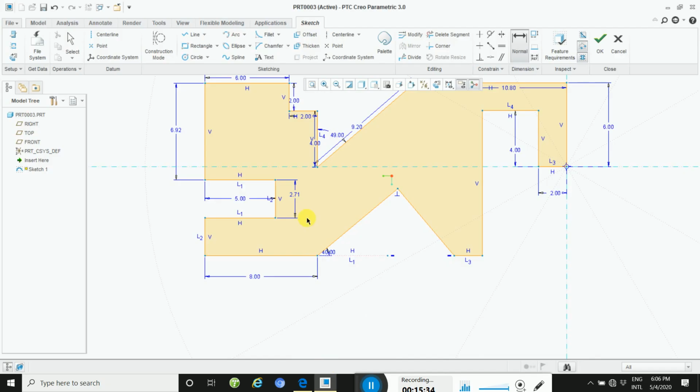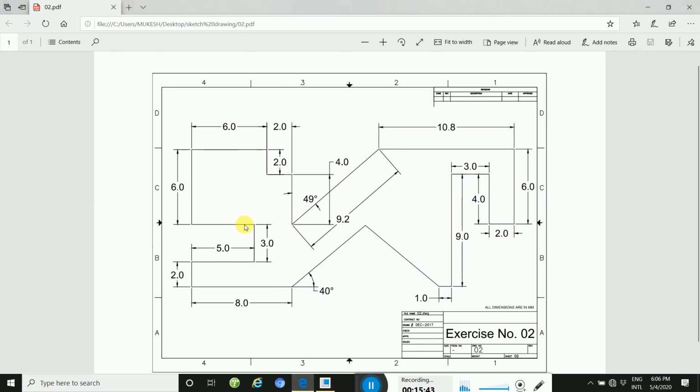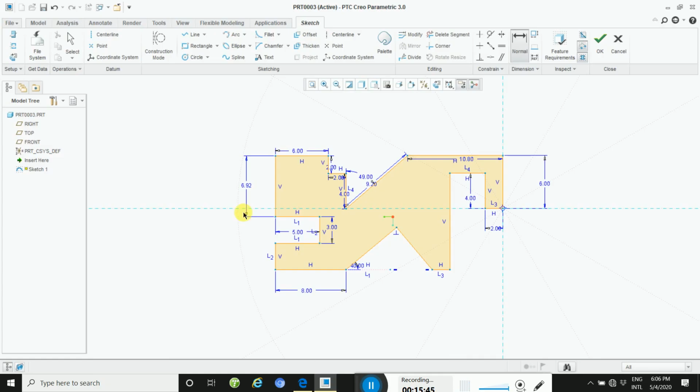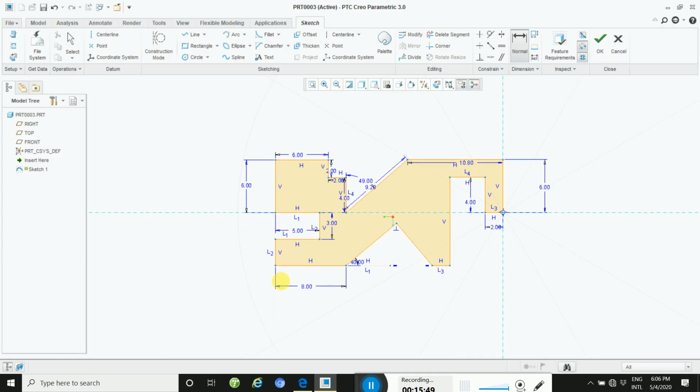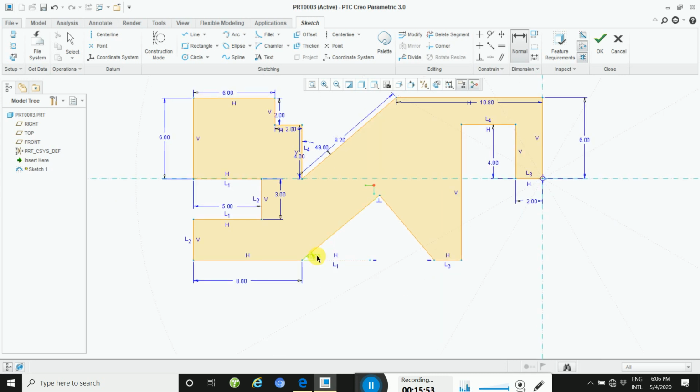This way you will define it. Double click and then 3. Above is 6, so you define the 6. The angle is here.